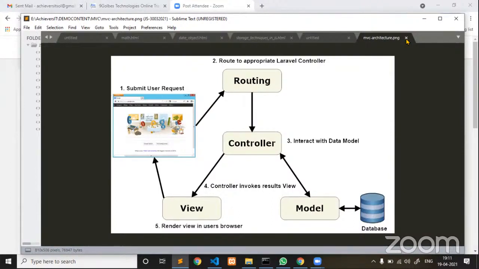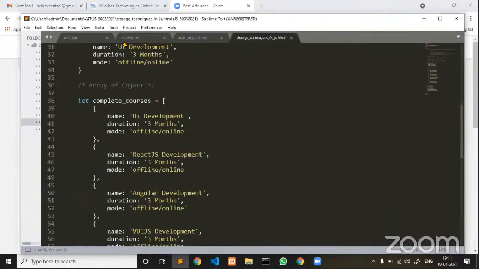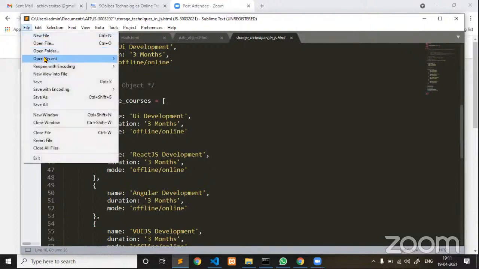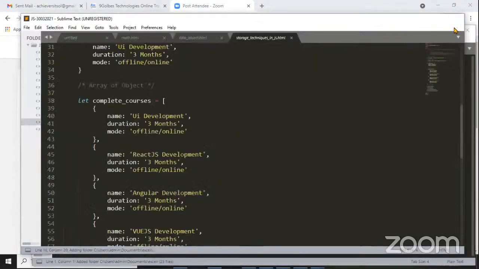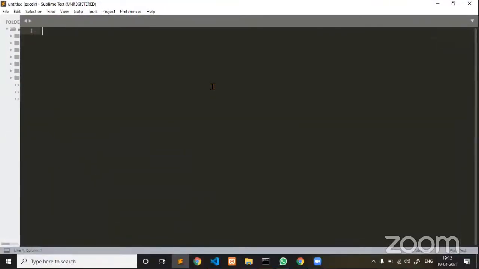Since we had a discussion on strings and string methods yesterday, I would like to give more examples. So, let us open our exercise. Hope you people are able to see my screen.